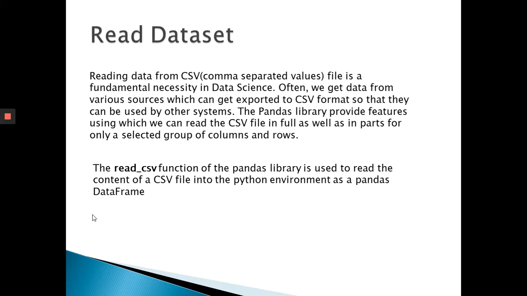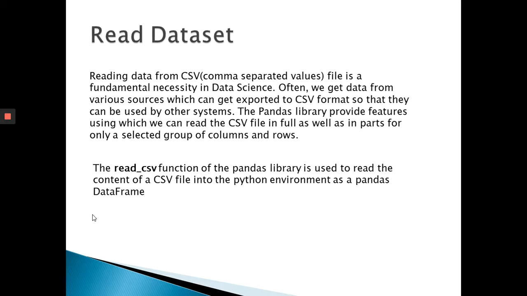Now the second is how to read the data set. Reading data from a CSV file is a fundamental necessity in data science. Often we get data from various sources which can be exported to CSV format so that they can be used by other systems. The Pandas library provides a feature using which we can read the CSV file in full as well as in parts, for only a selected group of rows and columns.